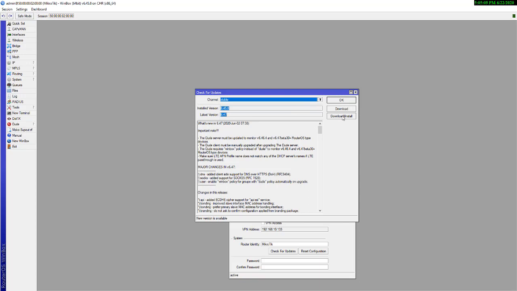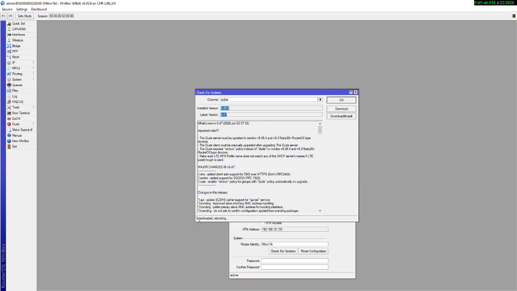So this is the latest version, you can upgrade it. I'm going to click on the download and install button. So let's see how much time it will take. Actually it depends on your internet connection. If you have a good speed internet connection, it will download very fast. Right now I'm using my phone, so that's why it is taking some time. So we need to wait here. It will download, then install into the MikroTik, and then reboot the MikroTik so that it will open with the new OS version.